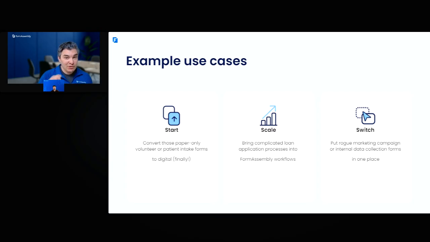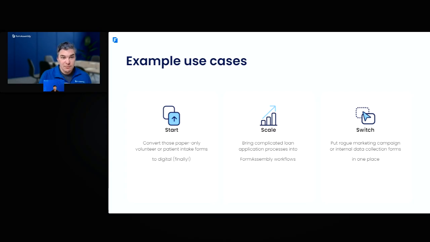Especially under that start category, I think about some of those paper-only forms that have been paper only probably for way too long. We talk to nonprofits, and they're still doing a lot of their volunteer work manually, just someone with a clipboard and a stack of paper forms, and they're trying to get those volunteers. No one's had the time, or maybe the technical know-how to convert stuff like that to digital. So it's a great time